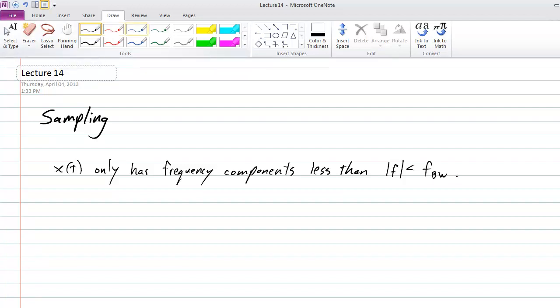So X of f equals 0 for f greater than this bandwidth. If that's our assumption on the signal itself, then we can successfully sample,